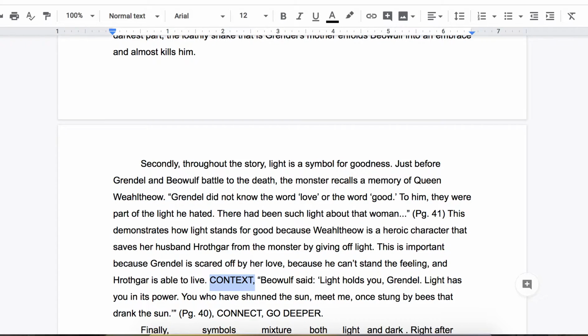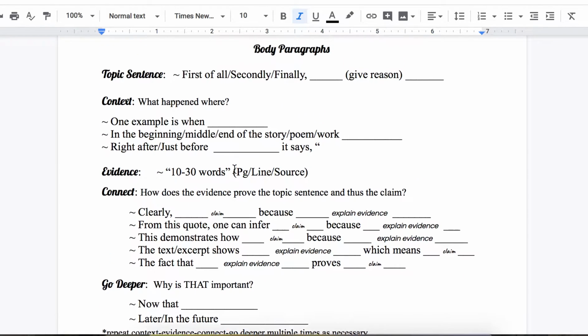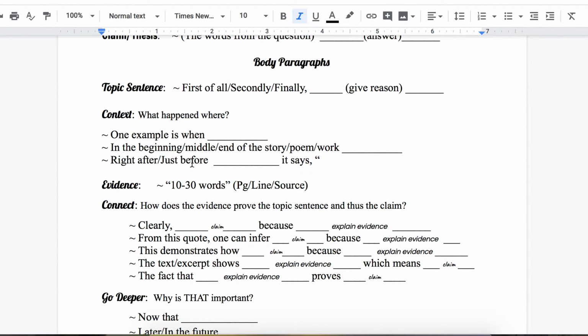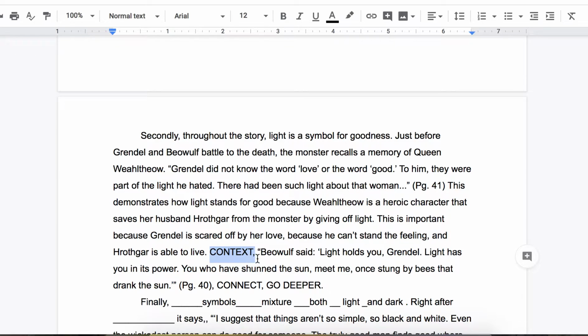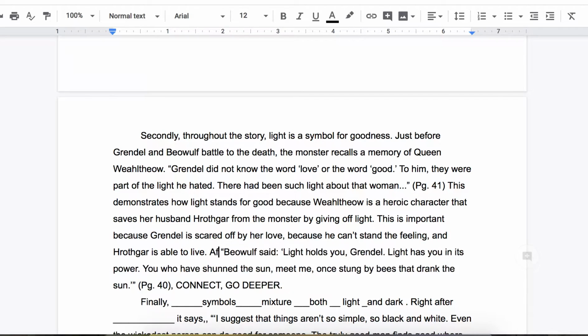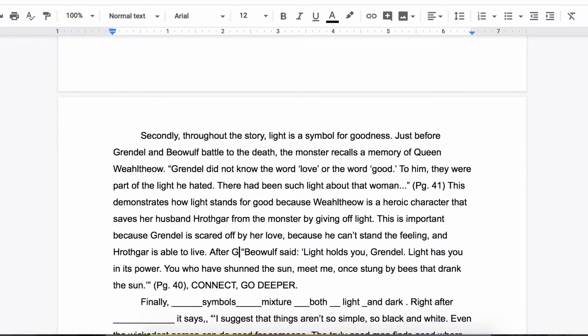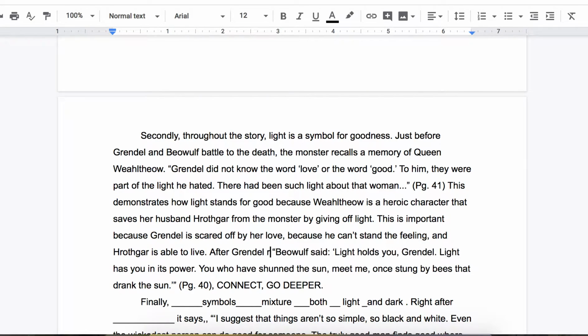Let's see what our blue essay structure sheet says. In the beginning, middle, end, and the right after, just before, it says. Okay, so let's see what we want to do here. Now we're going to be at the part where Beowulf is killing Grendel. So just before Grendel knew. So after Grendel remembers